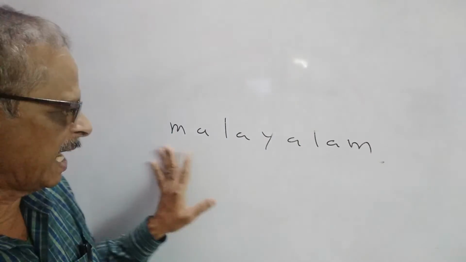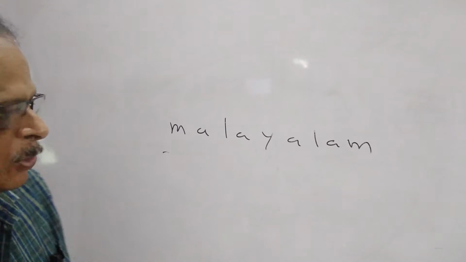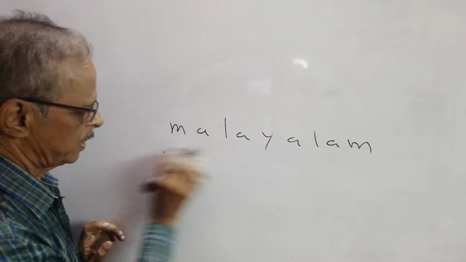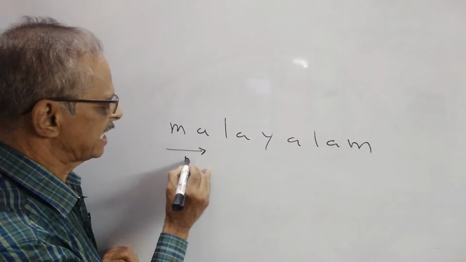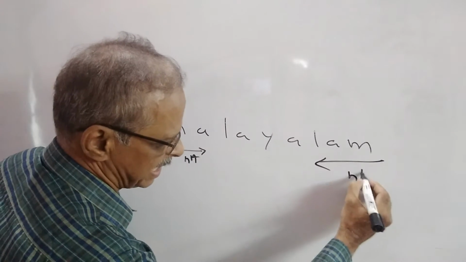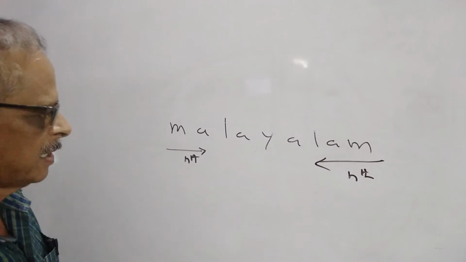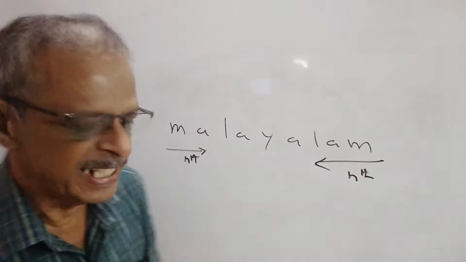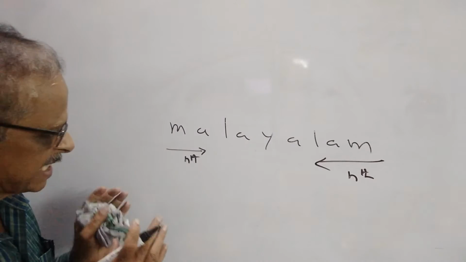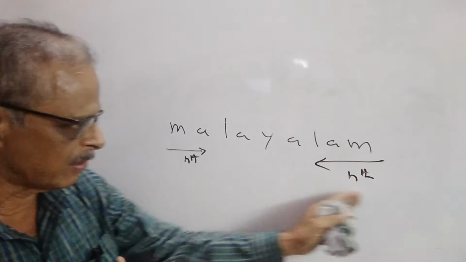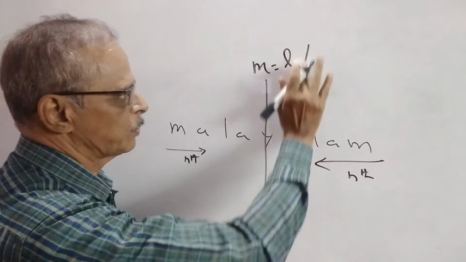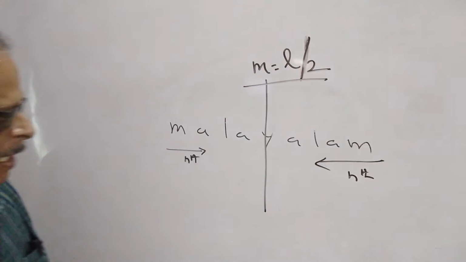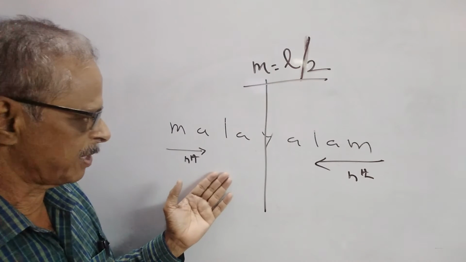Now we are going to analyze how to prove that a given string is a palindrome. We have to check each and every nth character from the beginning with the nth character from the end, to see if they are equal or not. If all such characters are equal, then it is a palindrome. It is not necessary to check all the characters from the beginning with all the characters from the end. It is enough to check till the midpoint. Midpoint equals length divided by 2. In this case, we have to check 4 characters from the beginning with the 4 characters from the end.